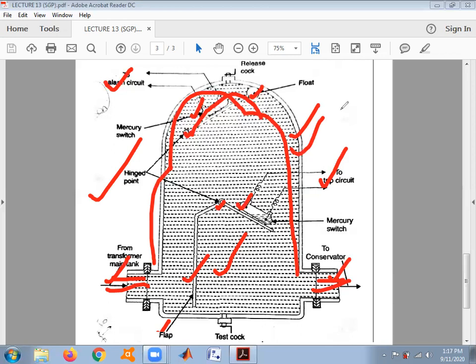There are two major advantages. The Buckholz relay, being simple in construction, is widely used. Second, it can provide protection against all kinds of faults in the transformer. Among the disadvantages, it can be used only with oil immersed transformers; it cannot be used without an oil immersed transformer. The second disadvantage is that it provides protection for the internal coils only. For the outer conductors, we have to employ another differential relay scheme. So this is all regarding today's lecture.